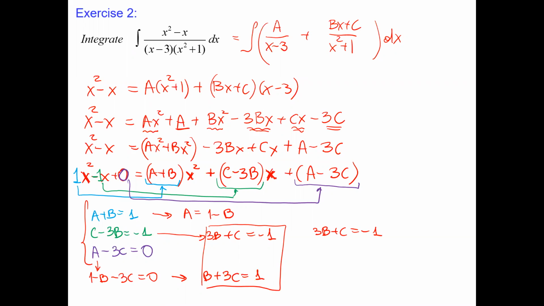So B times -3 will be -3B, -3 times positive 3C will be -9C, and -3 times 1, -3. Then we can add together. Of course, 3B and -3B is gone. C plus -9C will be -8C, and adding these two, we will have -4. C is 1/2. I know it's probably a little bit of a challenge, but that's